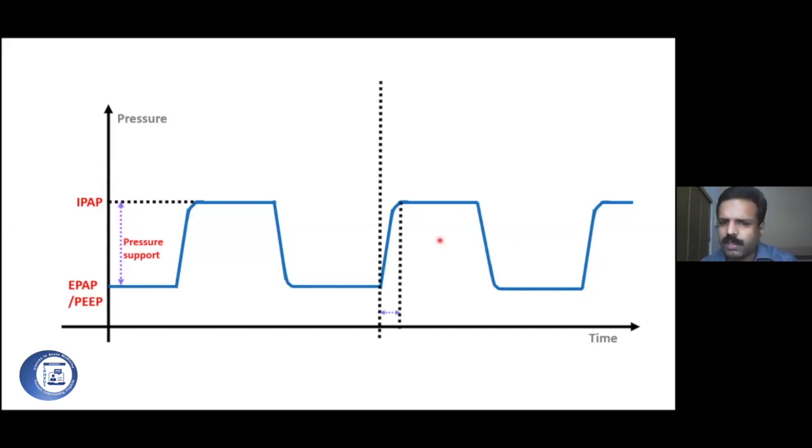Now coming to the other phases. The inspiration begins and the inspiratory flow reaches the maximum point. What is this called? Please keep chatting there. From the beginning of inspiration to the maximum flow, this is called the rise time. When you reduce the rise time, you will have a quick flow. If the patient has air hunger, you have to reduce the rise time. Once you increase the rise time, the patient will take more time to reach the maximum flow.